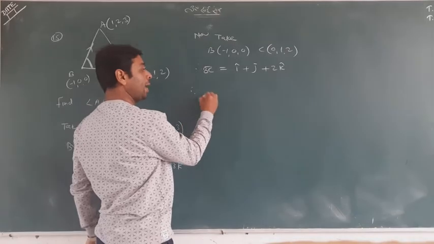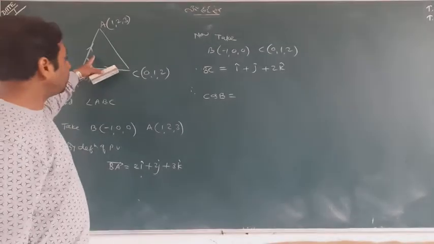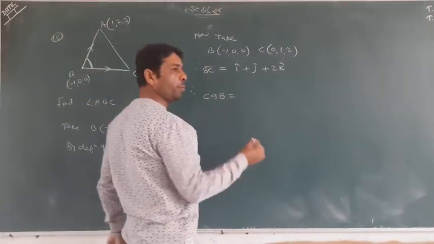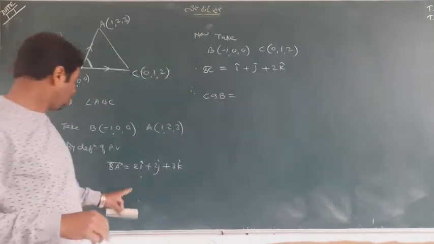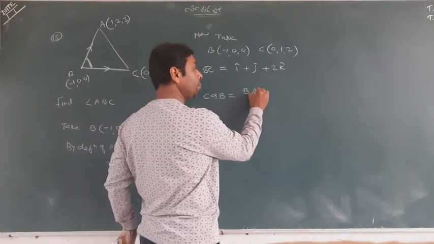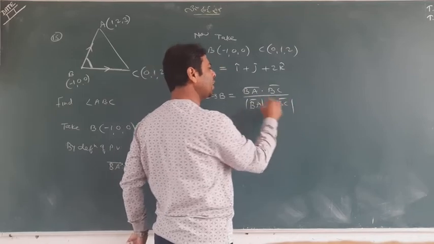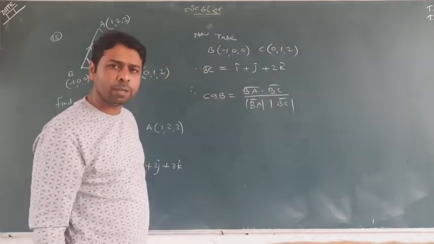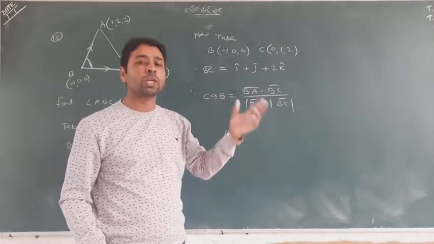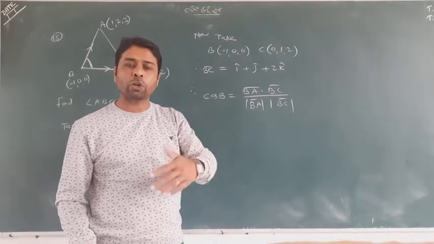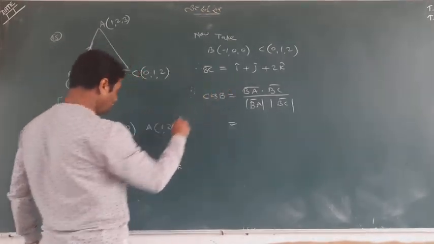Now the angle between them is theta, meaning cos B. I didn't mention theta here. This is my B. Cos B is equal to the formula A dot B upon mod A mod B. But this time I didn't mention A and B. I wrote BA and BC. So I will write BA dot BC upon mod BA and mod BC. It looks like A dot B upon mod A mod B. That's it. One thing more, you can also write the converse, BC dot BA, because dot product always commutes. A dot B and B dot A are the same. Now you can do the dot product, BA dot BC.